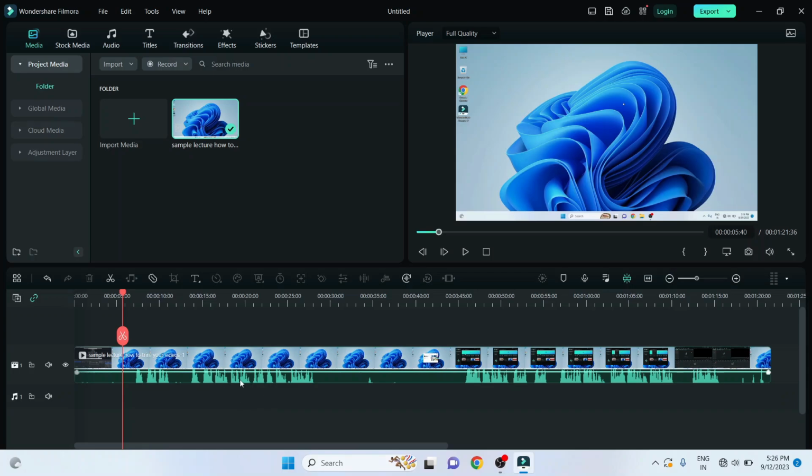Now guys, here you see, here it is a wave. So what is this wave? Wave means we started our video from this wave. So wherever the wave is, your audio will be played from there. See guys, if I keep this playhead here, you see, this is the unwanted part. Let's say I want to remove this part. Then how can I do that?